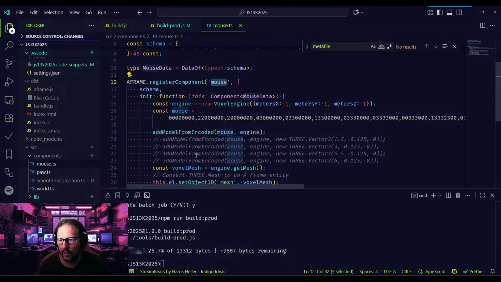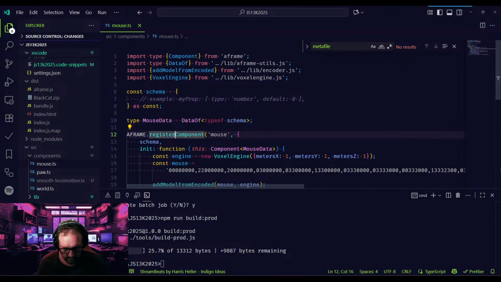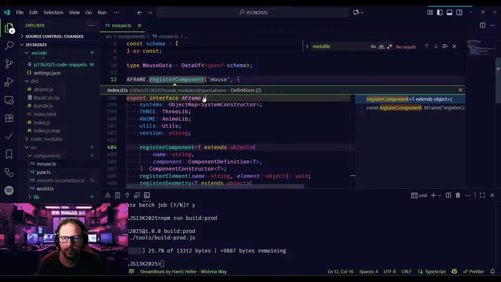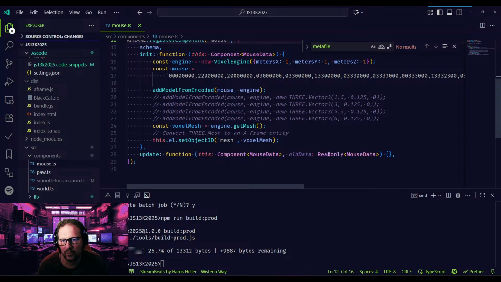I've also been playing a bit with how A-Frame handles TypeScript. I'm a big fan of TypeScript, and I want to have my types everywhere. And by default, if you read the documentation of A-Frame, it's all JavaScript. There's no TypeScript, though there are types for TypeScript. So if you look at this, this is all a type definition for A-Frame. So you get some type information when you work on things,